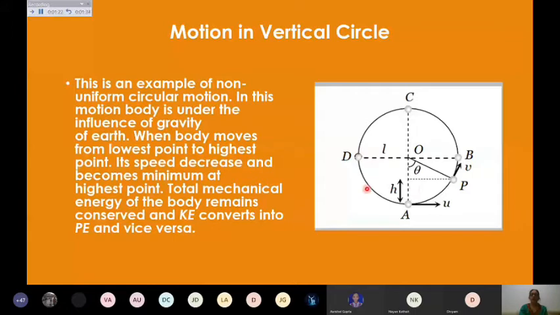So we have to use that concept of conservation of mechanical energy, and we want to find the minimum velocity which should be given at the lowest point so that the body is able to complete the vertical circle. For that, what minimum velocity should be given, that we have to learn. Maybe you have seen some people show it as magic, carrying a glass full of water and rotating it without the water spilling out.